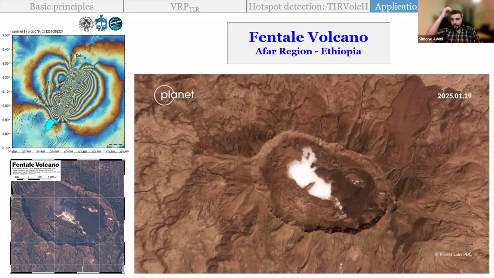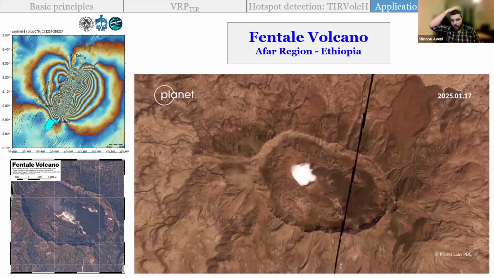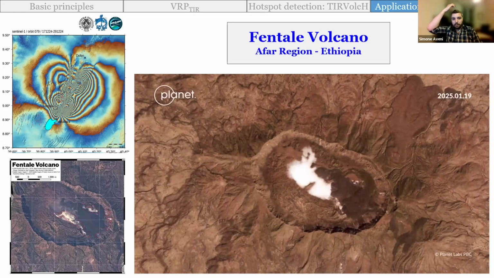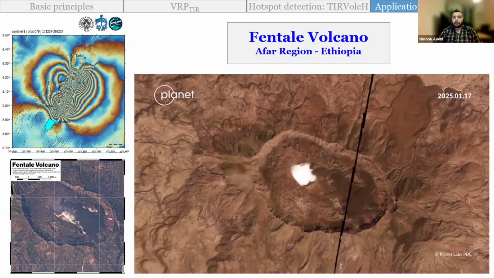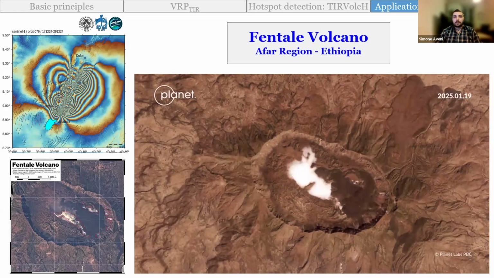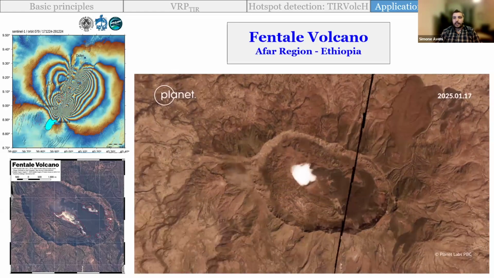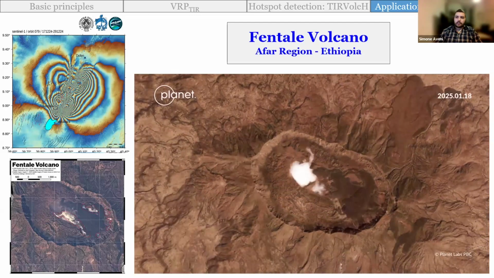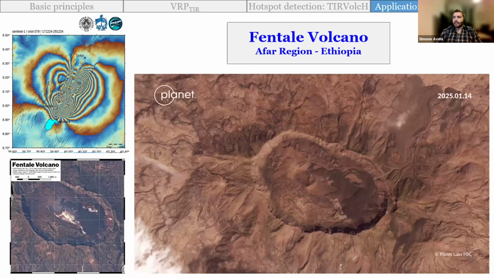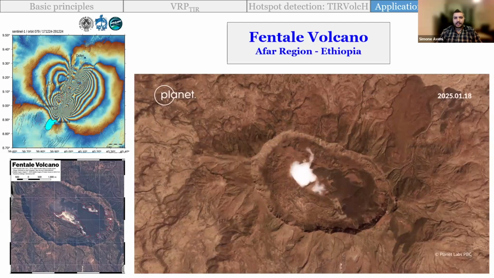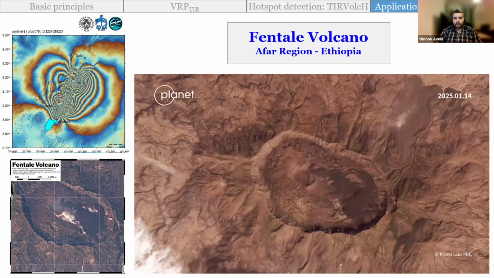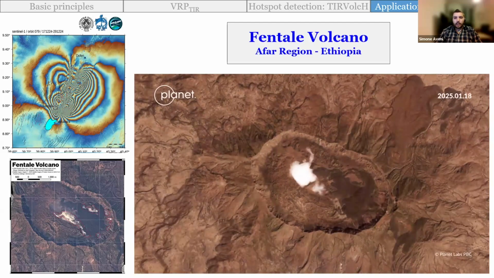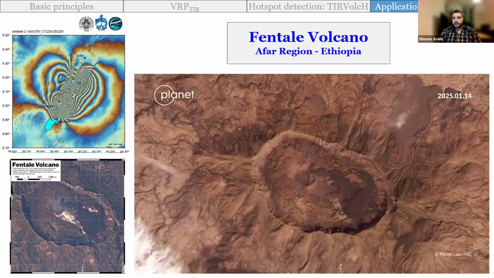And then somewhere around the 14th of January, a white blob, this is the way I like to call it, appeared in the crater. With the first image, we had no clue what that was. We initially thought it probably was a crater lake, although it was a bit unusual. And then we started to get more images, some high resolution imagery. So we started to realize that that was more like gas emissions. The weird thing was it was very stable and confined. It stayed there for days.